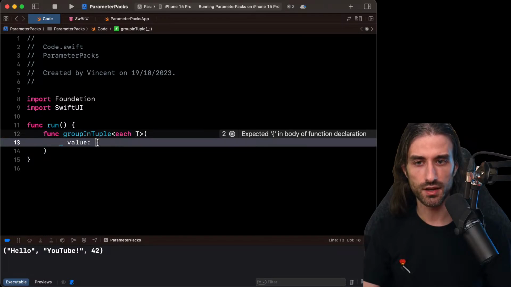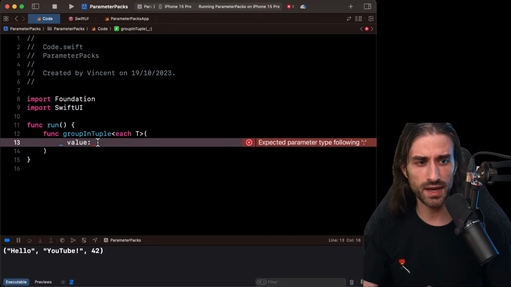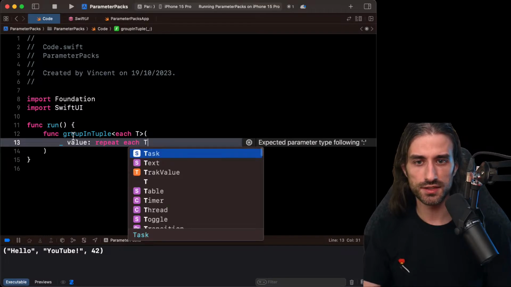Here I'm calling it value. And here I want to expand my parameter pack so that value will be able to be any list of arguments, each of their own type. And the way you do it is that you do repeat each t.